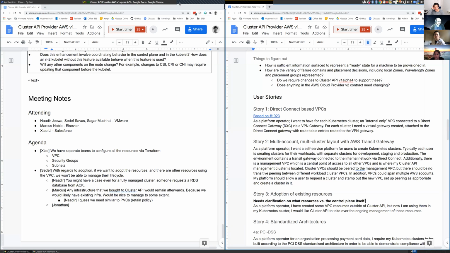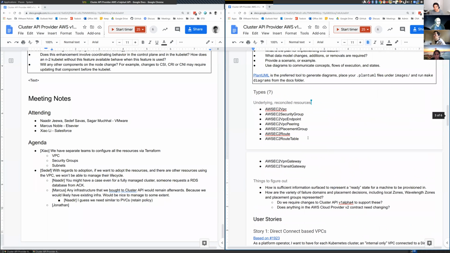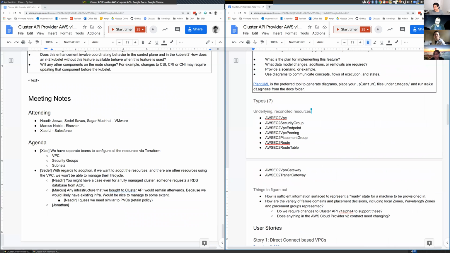Well, none of those. So the UX is interesting. I think what we are essentially going to end up with is CRDs for each of the resources, and then you somehow construct these together to form the reference architecture, which will just look kind of like a CloudFormation template, but is a bunch of CRDs. Now, it's all very well that you create an AWS EC2 VPC security group, VPC endpoint, VPC peering. That's fine. Well, it's not fine, but you could create those CRDs. We need some mechanism to be able to package up a